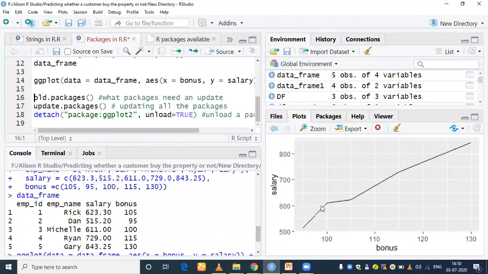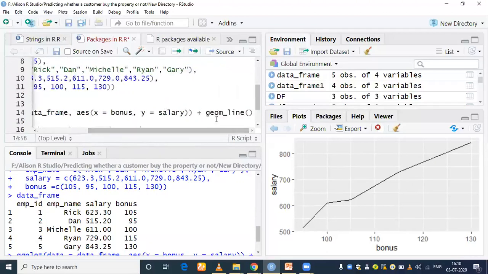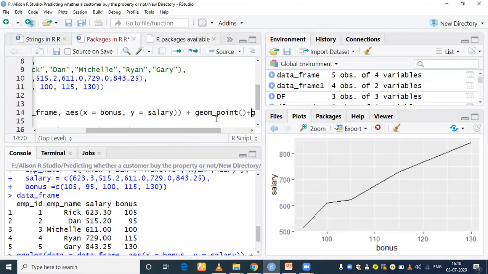Can you see that? But if you want to make this plot look better, what I will do, I will add geom point also, plus geom line.